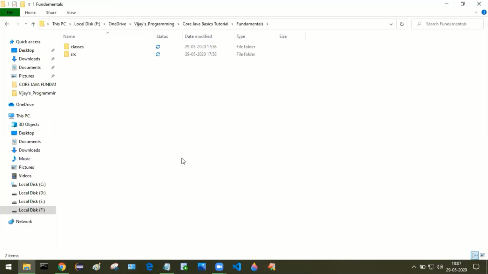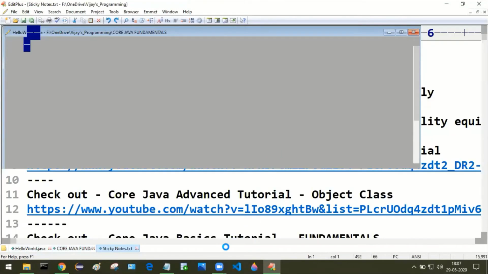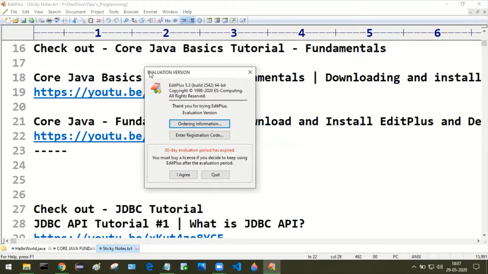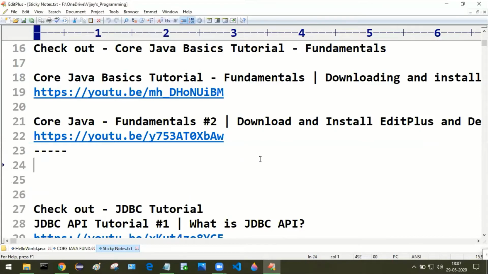Let us open our simple text editor, that is EditPlus. I'm directly launching EditPlus right from the taskbar itself. Here you just need to drag this little window down, and you can keep on using your EditPlus free trial as long as you wish.